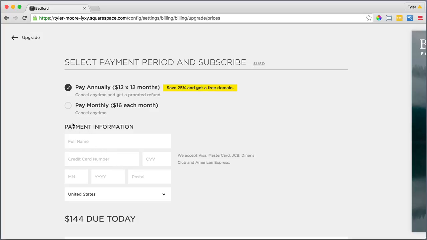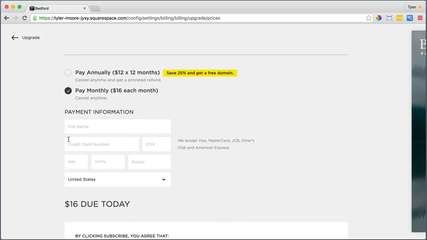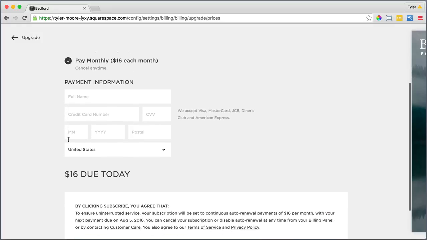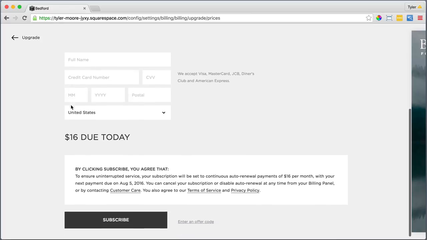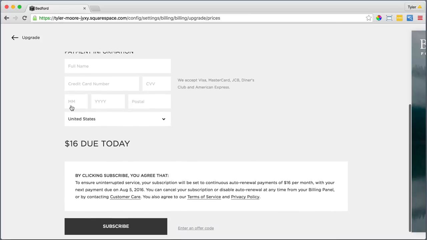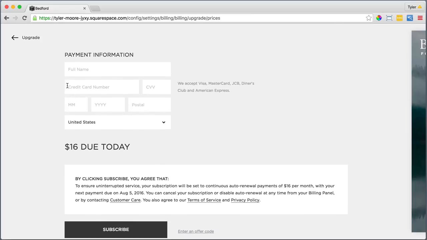And it's a little more expensive, and you don't get a free domain name. I'm just gonna pay month to month, but obviously the better deal is to pay annually, but you can do whatever you want. You pay less upfront month to month, but not as great of a deal. All right, so I'm just gonna type in my credit card information,